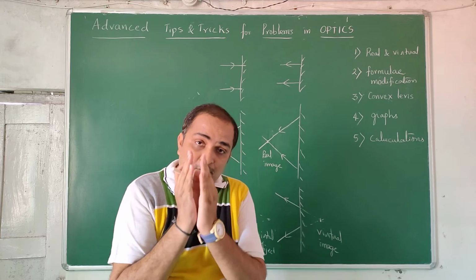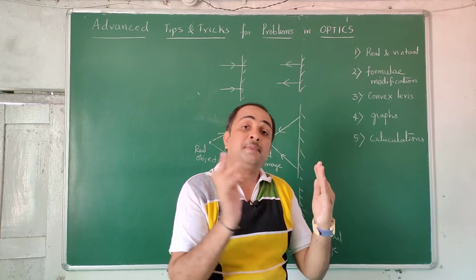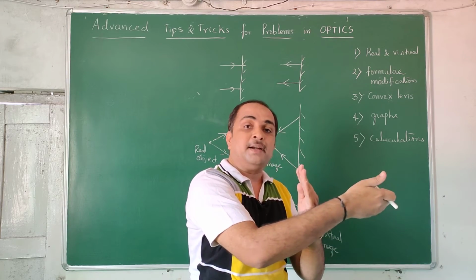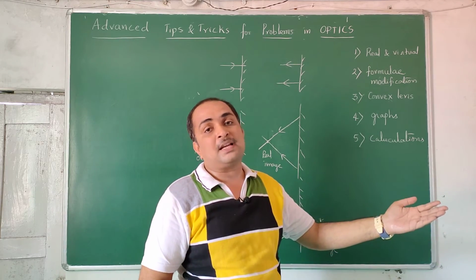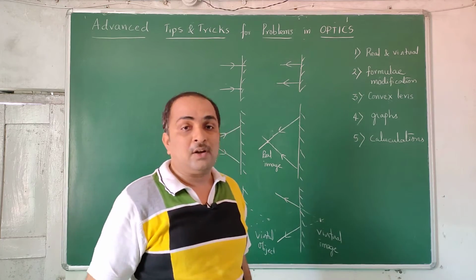Even though these are reflected rays from this optical element, when you take the next lens or mirror, for them they become incident rays. They get reflected or refracted, they become emergent rays. Those emergent rays meet the next element and become incident rays. So likewise, this chain will go on.